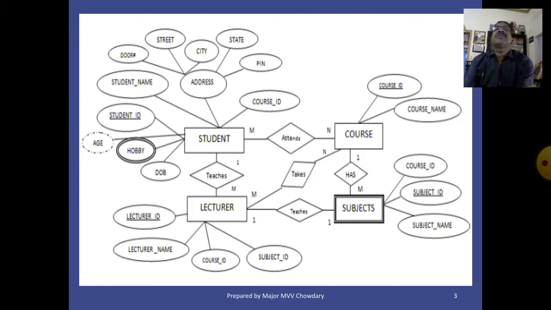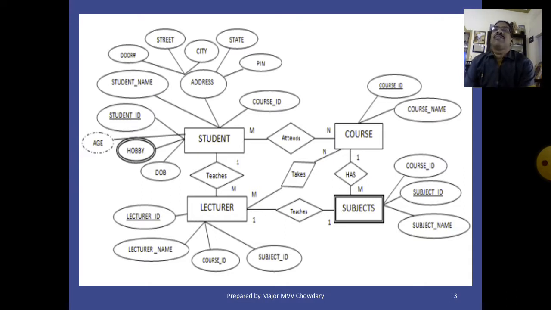Here we convert this ER diagram into table representation. Relation name, table name is student and the field names are student ID, course ID, date of birth, hobby, address, student name.